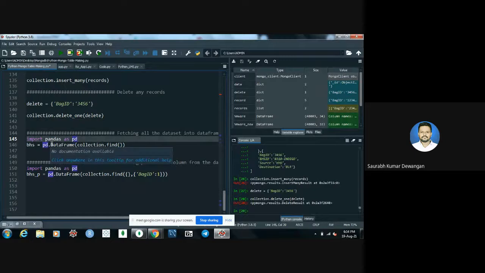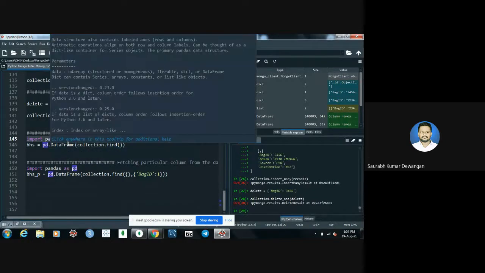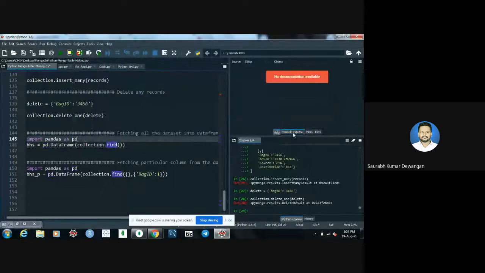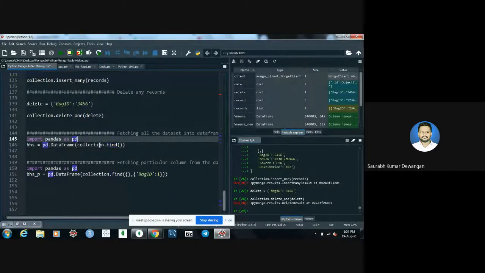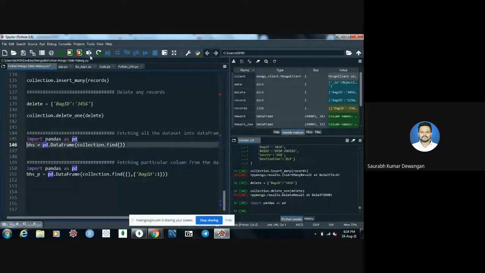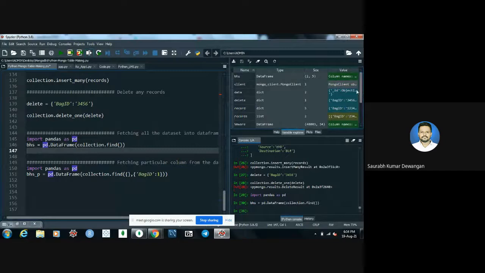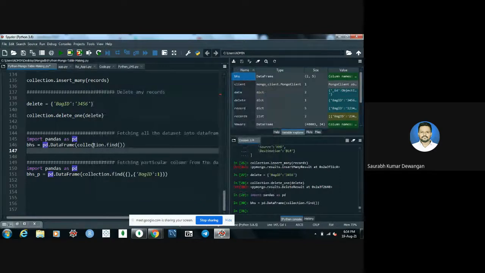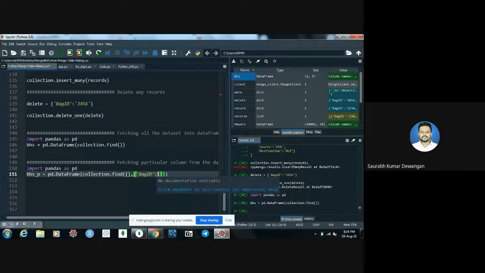Yeah, collection dot find. This is the previous command which I have shown you. If you want to store it in a data frame, this is the command for that, collection dot find. So when we go and see the BHS, only two records are there because we have deleted one record. And I have already shown you how to fetch a particular column or feature from the database.